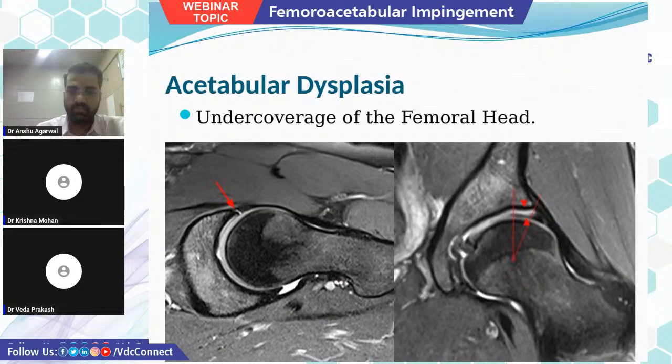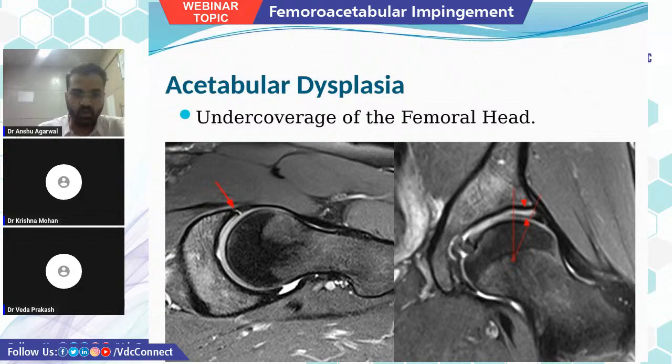Now, acetabular dysplasia. Again, we use that central lateral edge method to see the degree. If it is less than 20, it suggests that the acetabular dysplasia is there, and it's a short acetabulum. So, what is the problem is that when there is weight bearing, the acetabulum is not able to hold the femur, and the femur collides with the short labrum which is there in the anterior part, and which on continuous shear forces leads to the tear of the labrum.